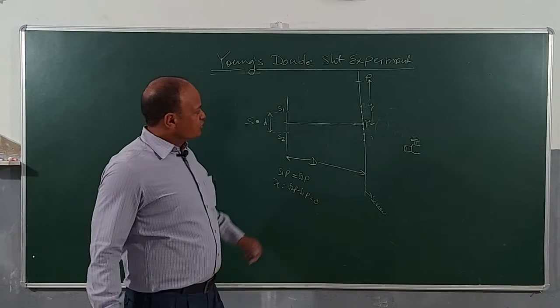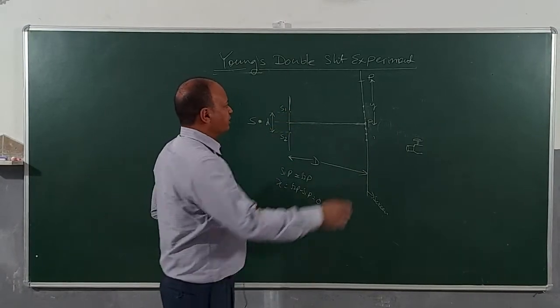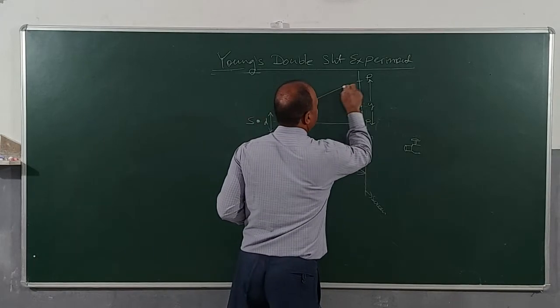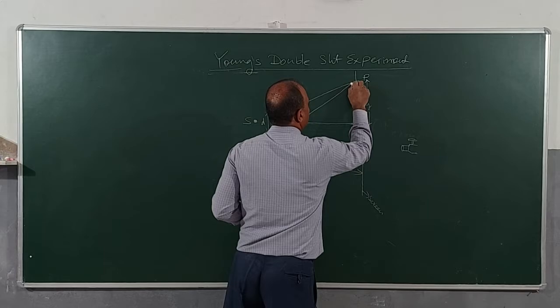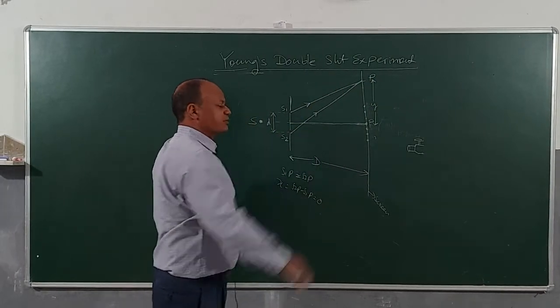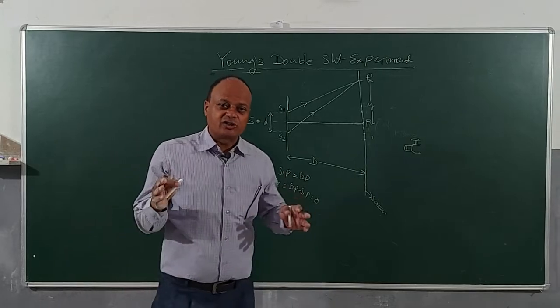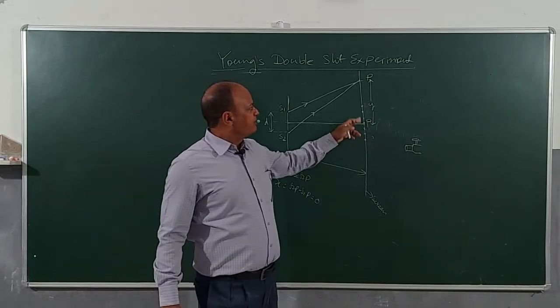Clear? So two waves will travel, one from S1 and one from S2, and they will meet here at point P. One wave will go like this and the other wave will go like this, and they will be meeting at point P. Children, in the diagram these distances S1P and S2P appear to be very large, but actually in true practice this distance will be